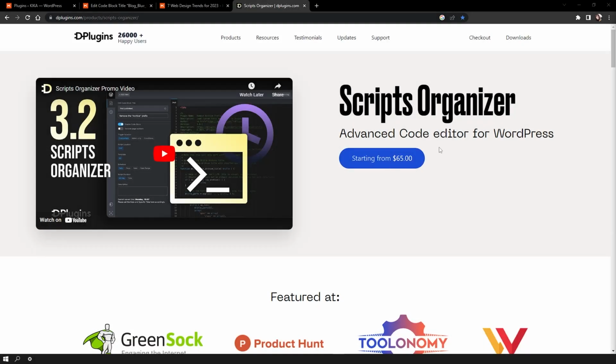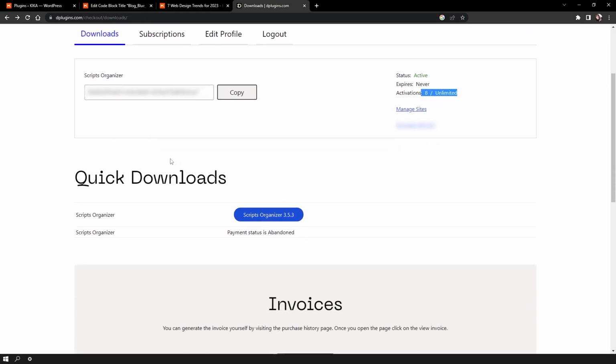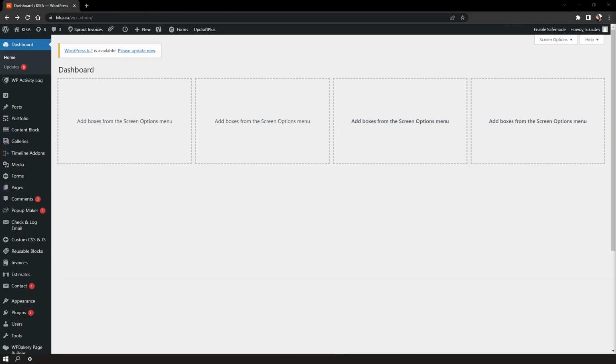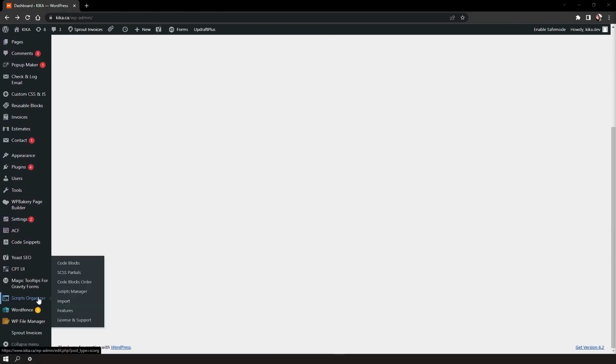Scripts Organizer is a paid plugin for WordPress, but it's only a one-time fee. You can actually use it for an unlimited amount of WordPress installs. I'm going to assume you already know how to install plugins for WordPress, and I'm just going to get into how it works. If you go to your dashboard and scroll down, you'll already see that we have Scripts Organizer